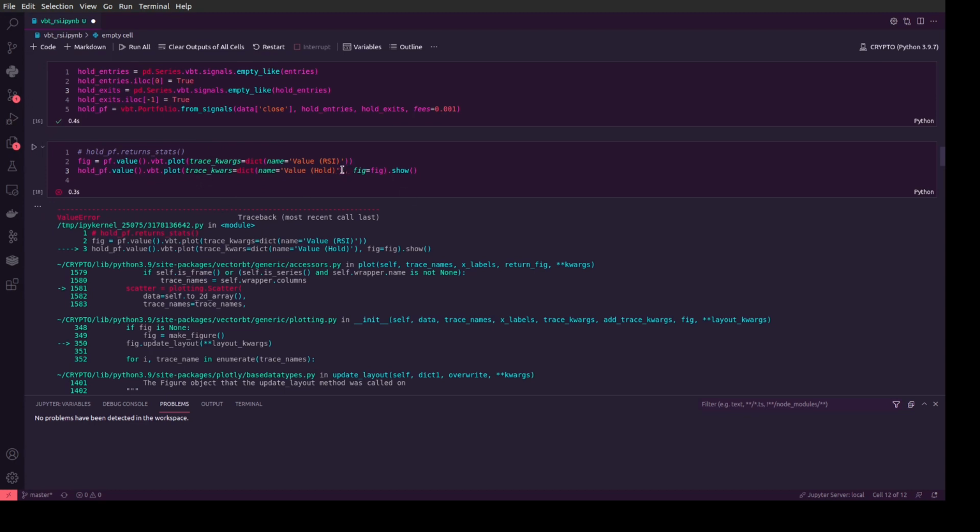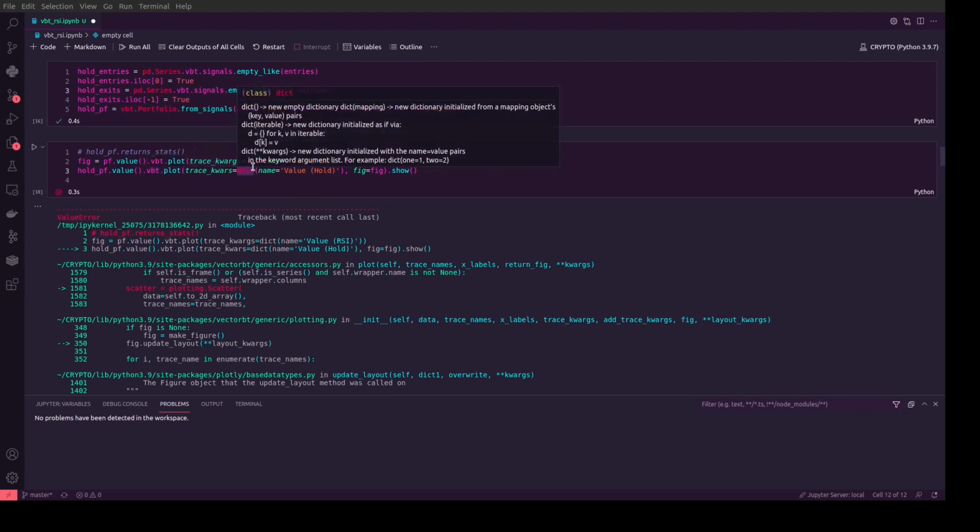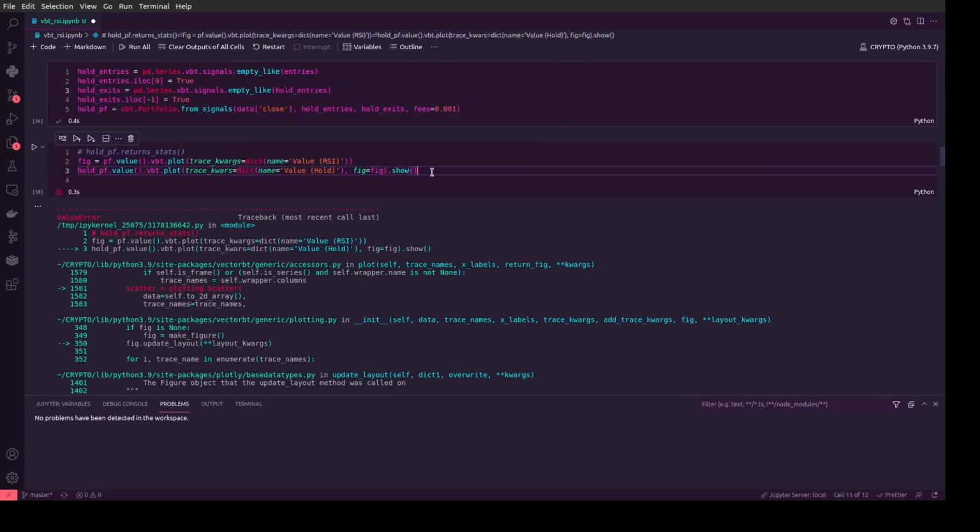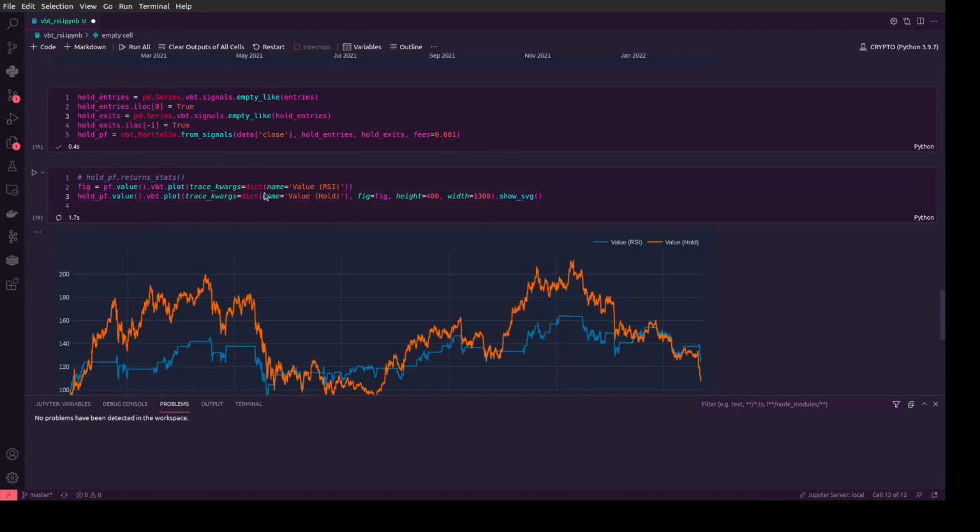One second. vbt plot trace. Okay, so in this case I also input parameters for size of charts, and